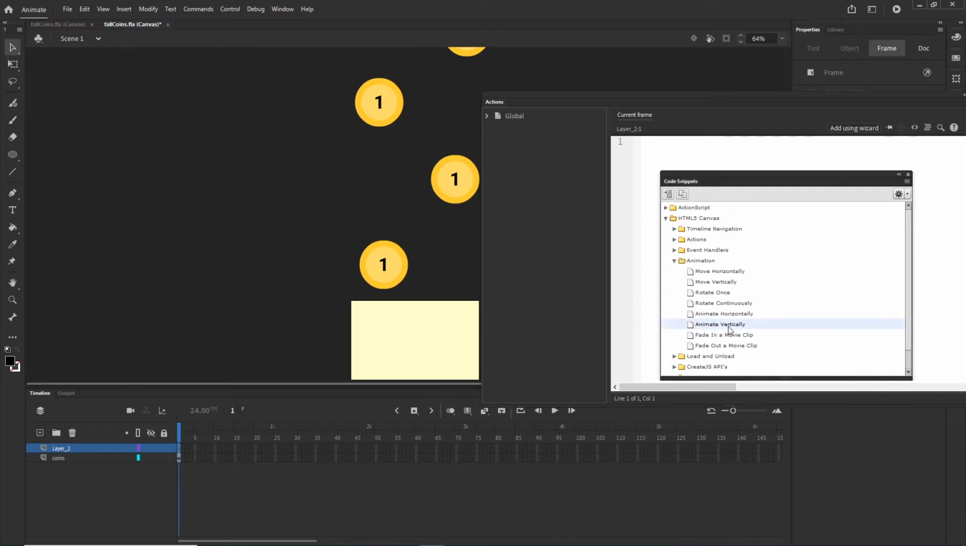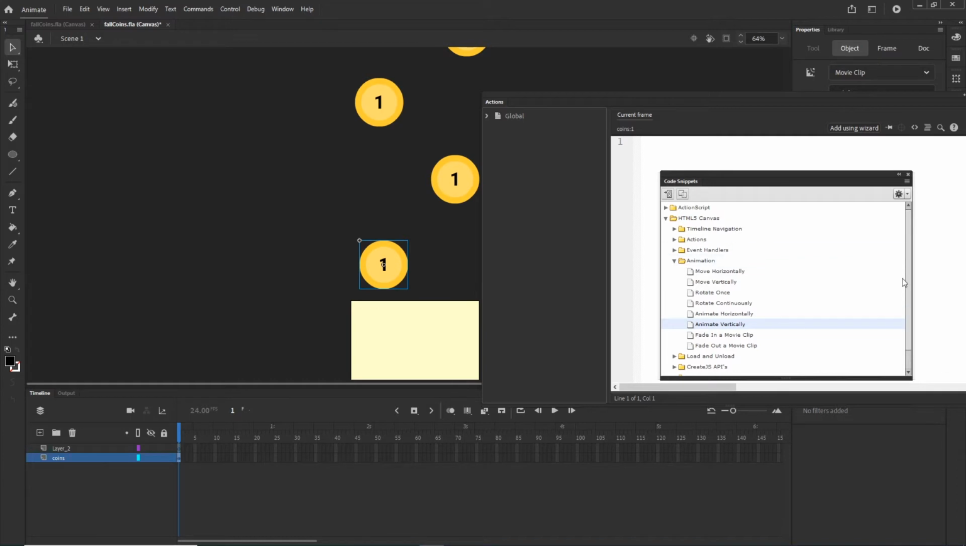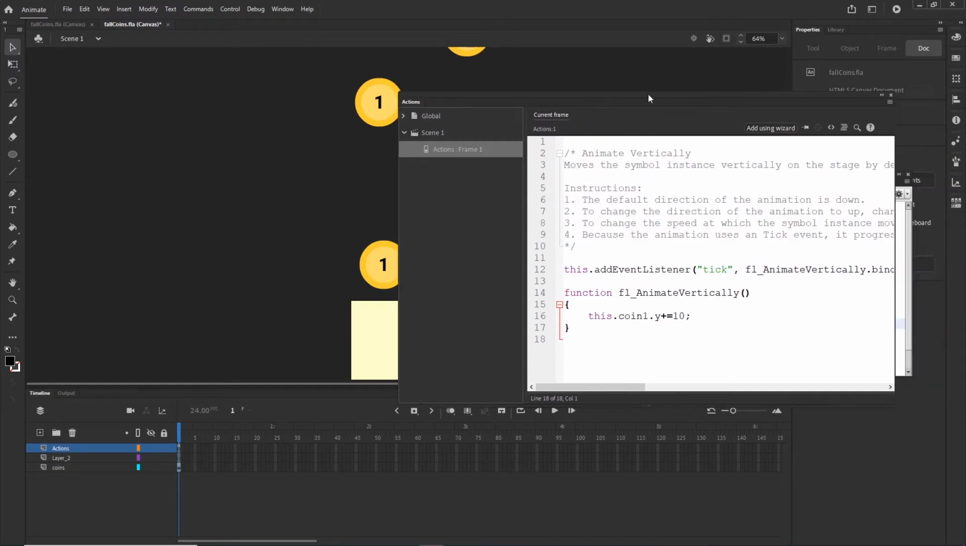I will double click. And you can see that there is a warning: this action requires an object to be selected on the stage. So I am going to hit OK. I will click on my coin. Hopefully this is not going to disappear for you. If yes, just open it one more time. So select your coin, only one of them, and just double click on animate vertically. And this is going to give me